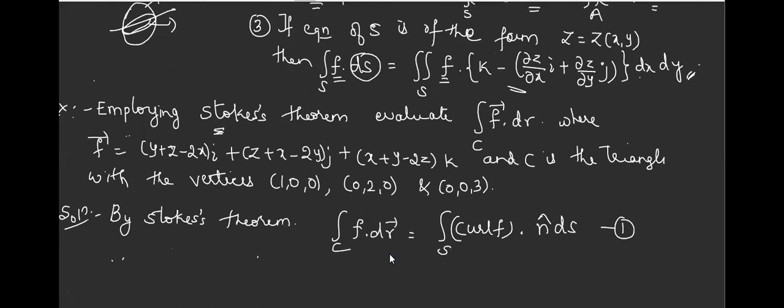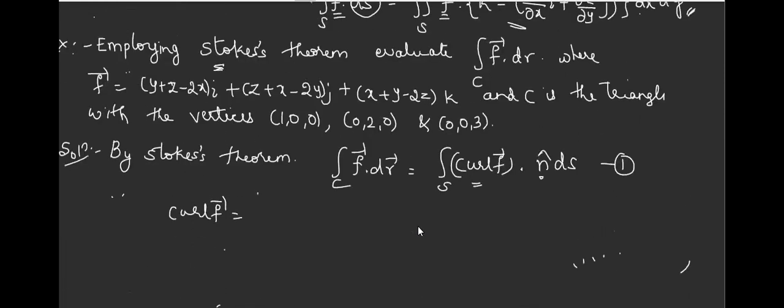What do we have as the result? The integral of F dot dr over C can be written as the integral over S of curl F, so what vector field have you taken, F. Its curl should be taken, dot n cap dS. So what is required? We need to find what curl F is, and what n cap is, which is important in the problem. So do you remember what curl F is? Let us evaluate curl F. Cross product with del. Del cross F.